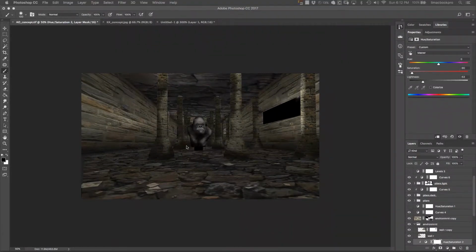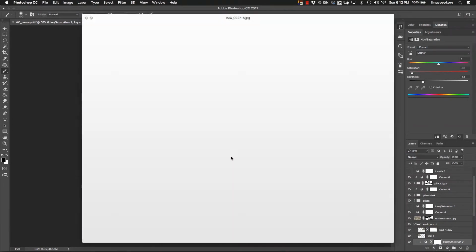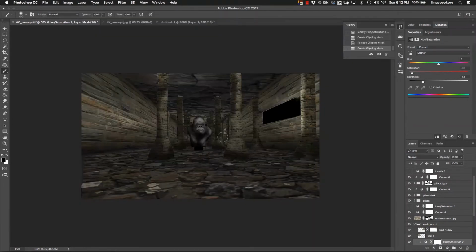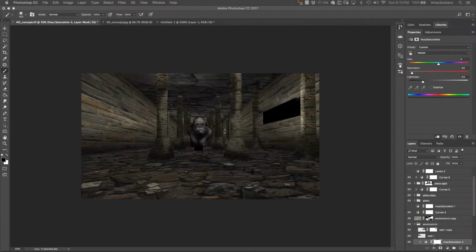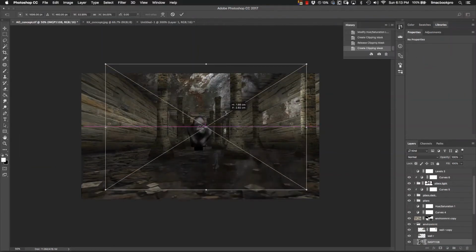Okay, so I've got it to somewhere where I'm happy with it. I'm just sort of blocking in the overall color and tone, giving a sort of a sense of shape rather than lighting at this stage. So now what I'm going to do is start adding some detail because everything's very similar, so there's not much interest. So I'm just going to go through and do a process of bringing in an image like so,